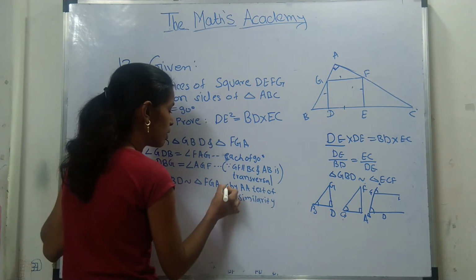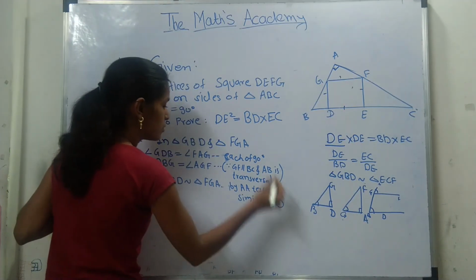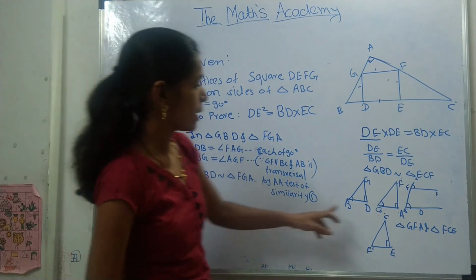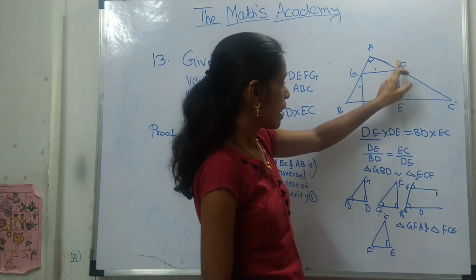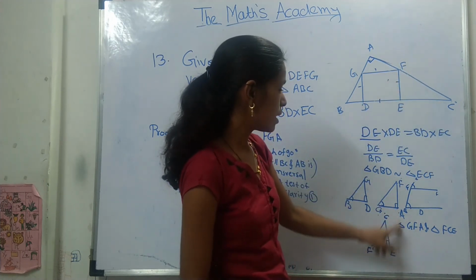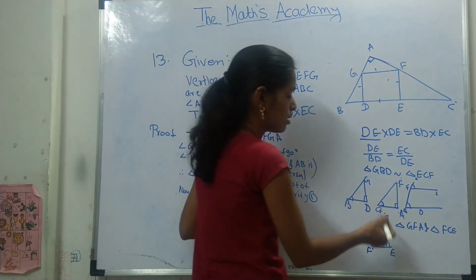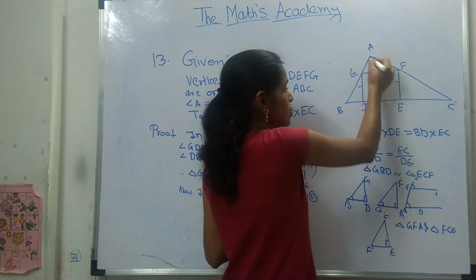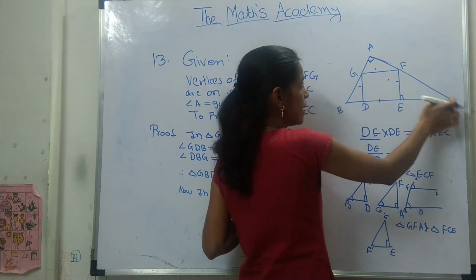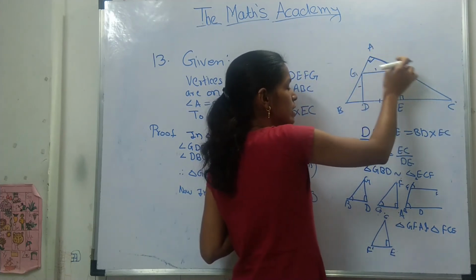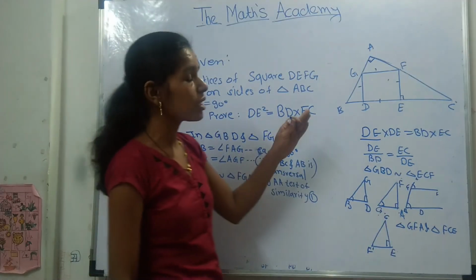Also, we will write the first equation for this. First result. Now, we will consider this triangle, that is triangle FAG, and here F corresponds to C. Therefore, if you consider FAG, here it will be CEF. How? See here, angle A and angle E are each of 90 degrees here, and if you consider that GF is parallel to BC and AC is a transversal, then angle AFG is equal to angle FCE by corresponding angle test.